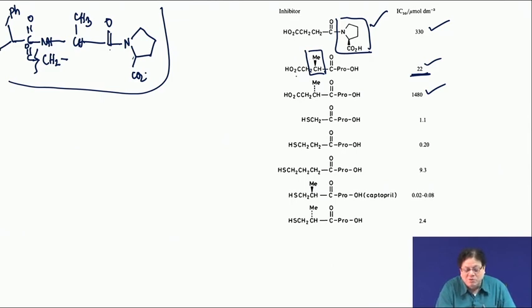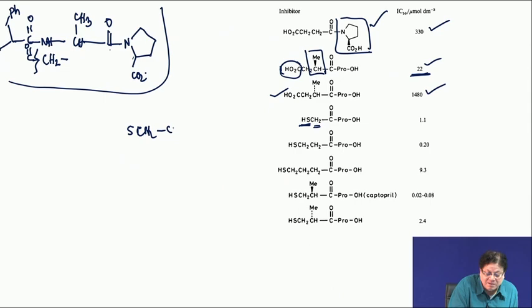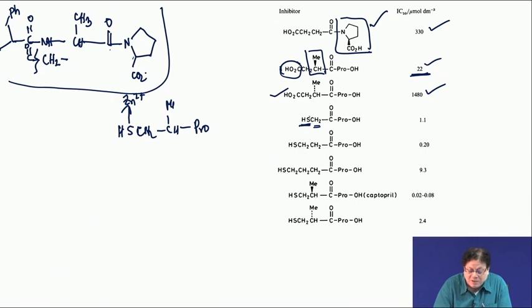Then you have CH2, CO2H. You did not have any peptide bond here. This CO2H is the one which chelates with the zinc, that was the idea. Then they again removed the methyl, and had a sulfur here, because we know that sulfur is also a group which can have very good chelation to the zinc. So, they started putting sulfur.